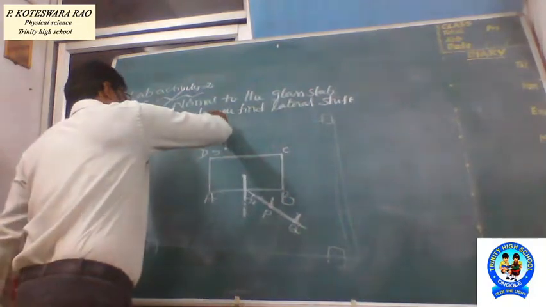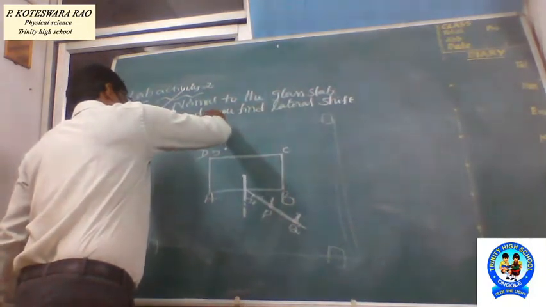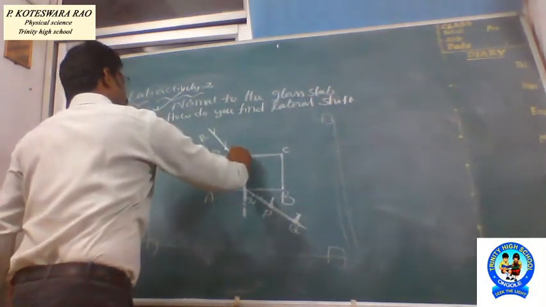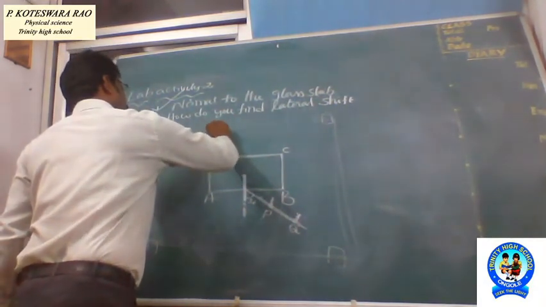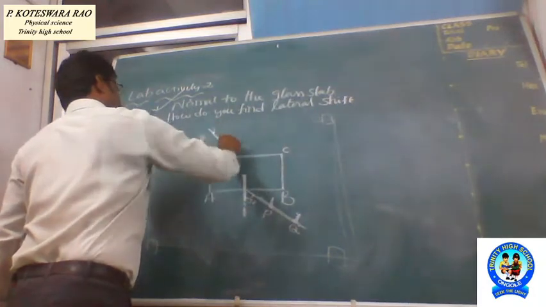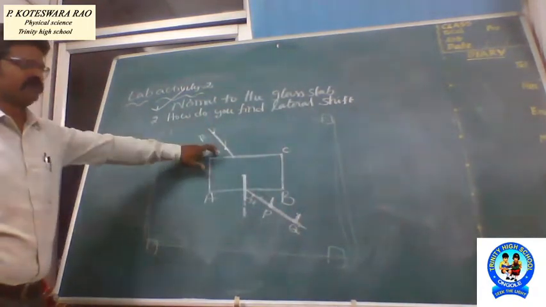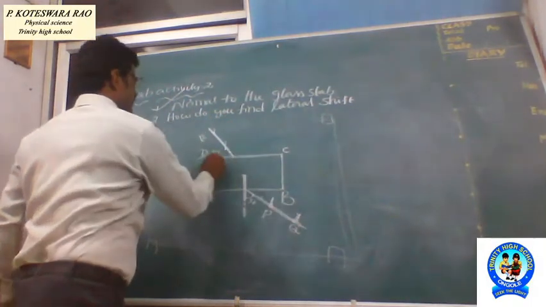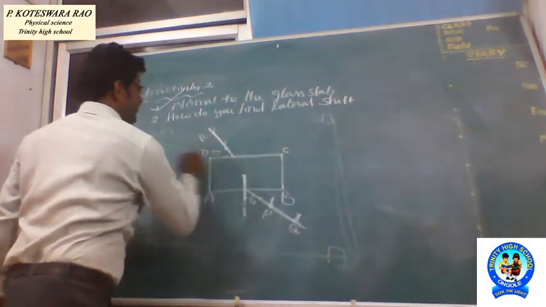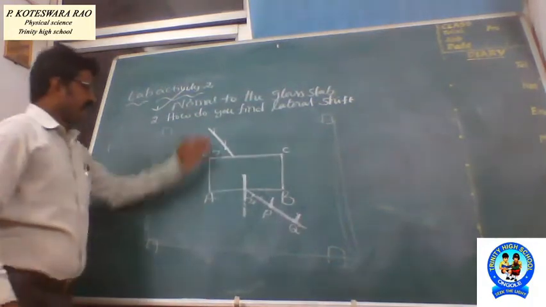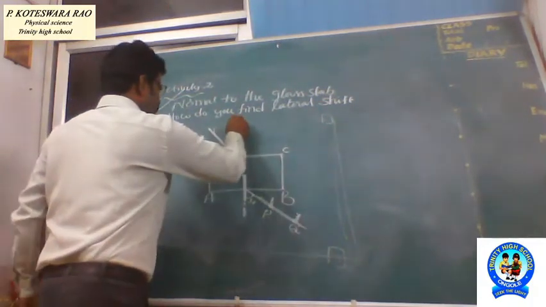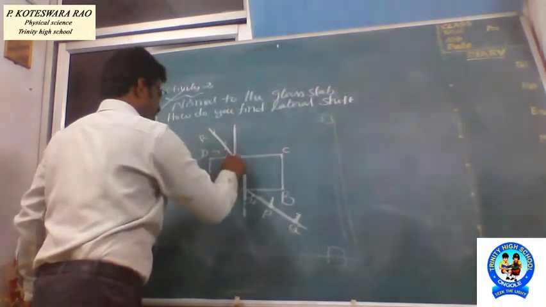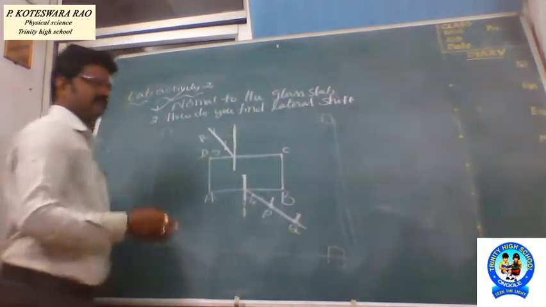Then with the help of the scale we draw through the two pins R and S. If you remove these two pins, there are two dots. With the help of the two dots, we can draw one line. This line touches the CD line. And also here we draw one normal line to that CD.